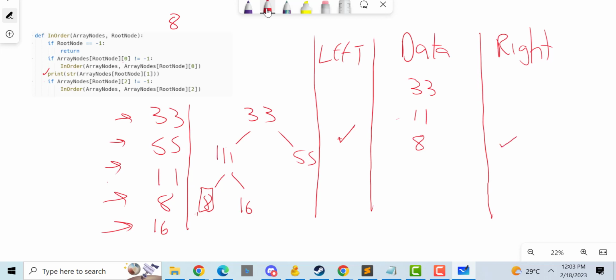We're now going to go to 11. We know that we've just done 8. So after 11 would be null, so we're going to simply print out 11. We've already checked the left, but now we've got to check the right of 11. That's what this is doing. When we check the right of 11, we do have something. It's not -1, it's 16. So I'm going to add 16